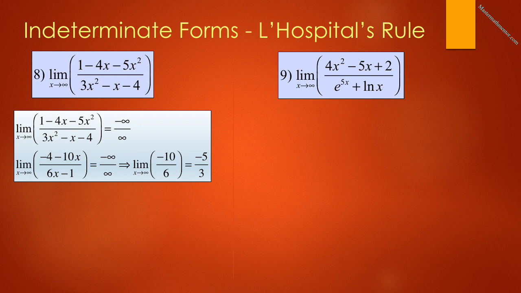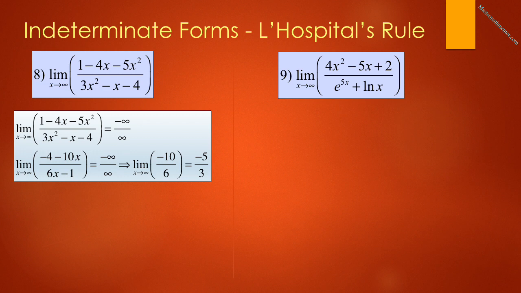So we apply L'Hopital's rule, taking the derivative of top and bottom, getting negative 4 minus 10x over 6x minus 1. Plugging in infinity, we still get negative infinity over infinity. We then apply L'Hopital's rule one more time, and we get the limit as x approaches infinity of negative 10 over 6,